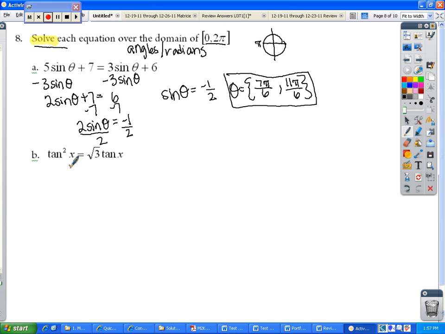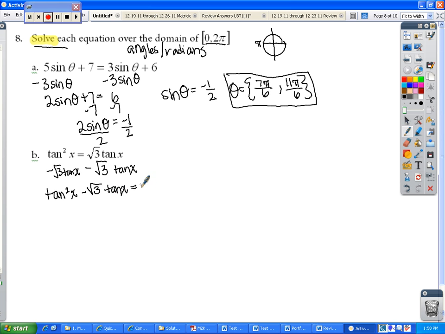Now, for my next equation, notice I have a squared. Again, that's a pretty good indication that this is going to be some type of quadratic. So I'm going to want to get everything on one side, which means I'm going to want to subtract root 3 tan x. And if you divide out that tan on both sides, you're going to lose some possible solutions. So you're going to definitely want to just subtract root 3 tan x. So I'm going to be left with tan squared x minus root 3 tan x